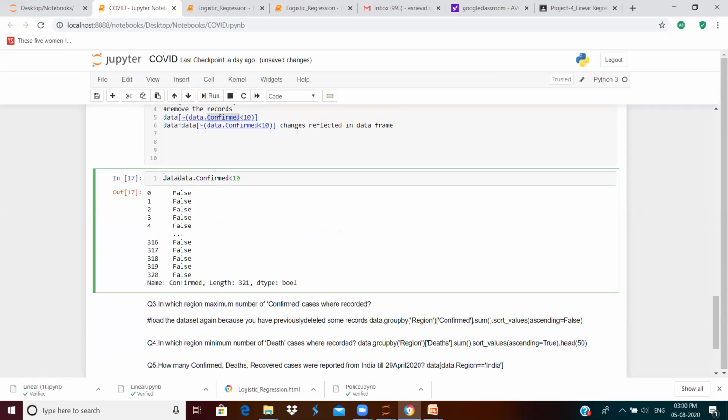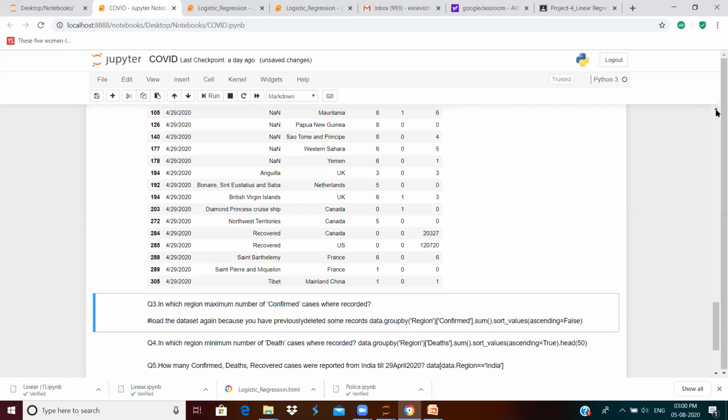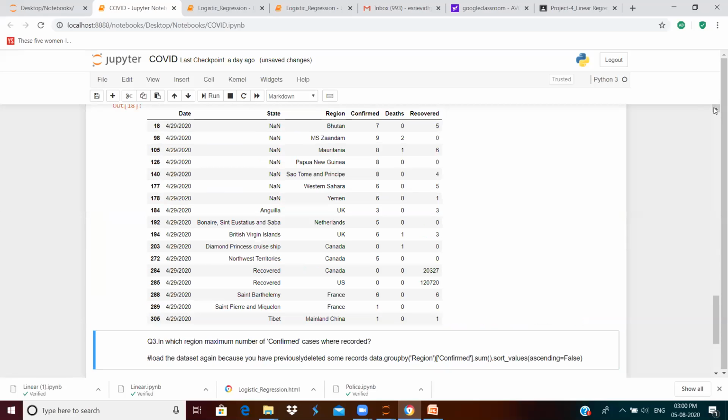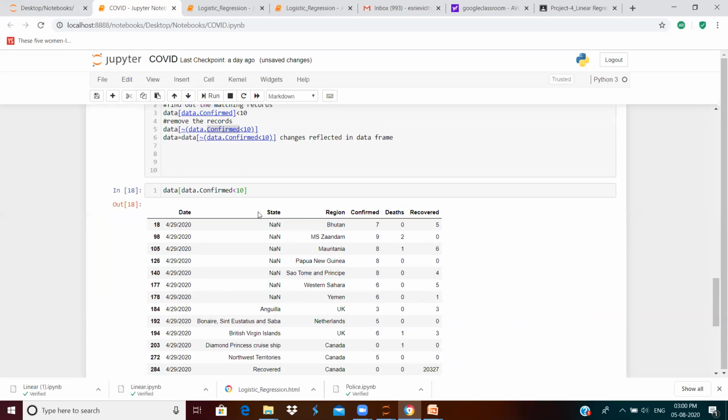We will have a view over the entire data frame for the matching records. So here it is. These are the records with the confirmed cases less than 10. Now we will have to remove all these records.